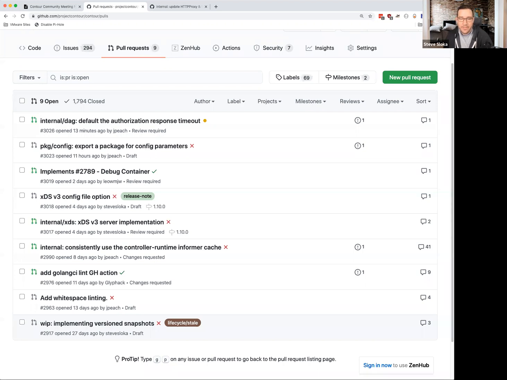So I think the first step will be to create the GitHub action to do that. I think for Contour, every merge to main will push an image for a main tag, and then every release will get an image as well. But that one, I guess we don't have to worry about too much just yet. Well, let me sync up with you offline.